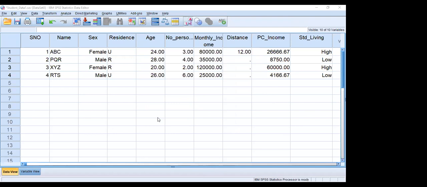Here also, if you click on View and click on Value Labels, you can see whether they belong to experimental or control, and SSC and all the education levels. If you want to see only the values, uncheck the Value Labels box. The same data manipulation can be done using this.